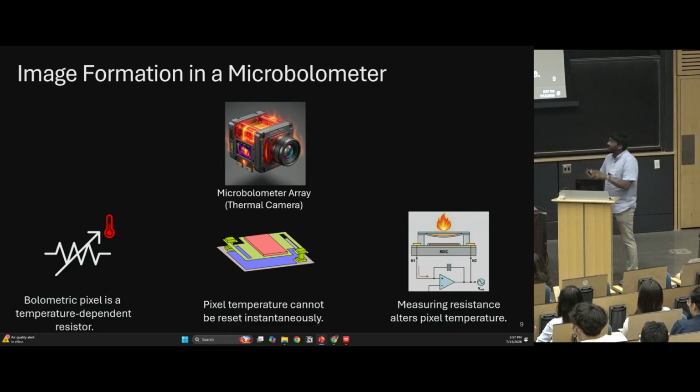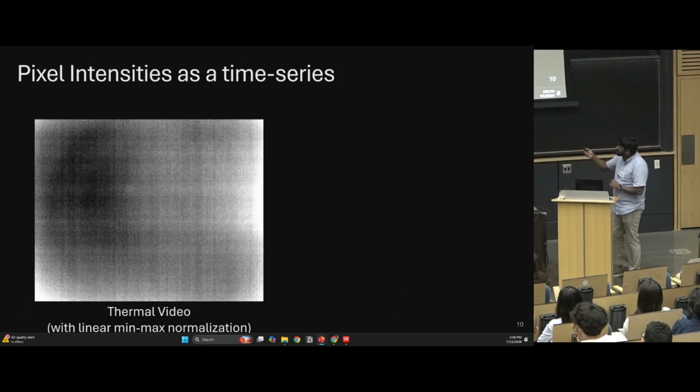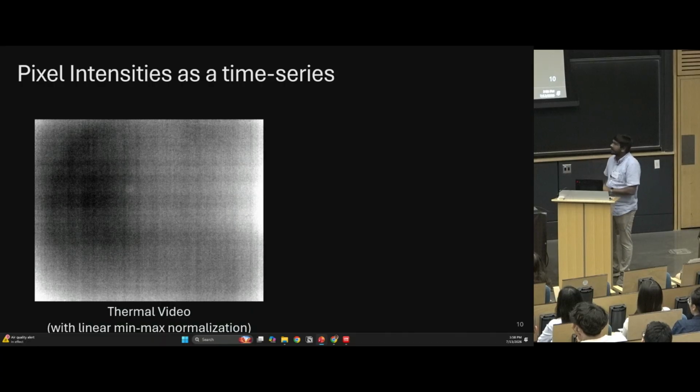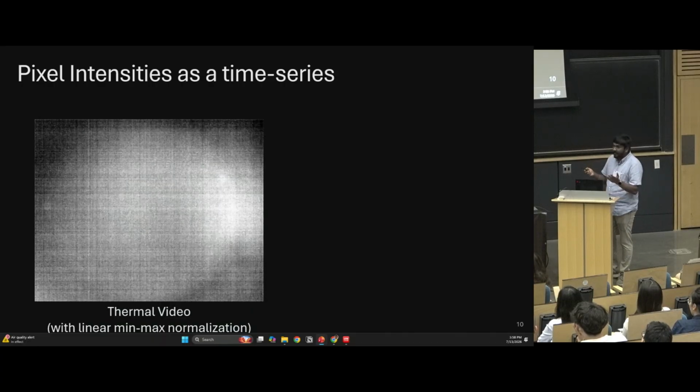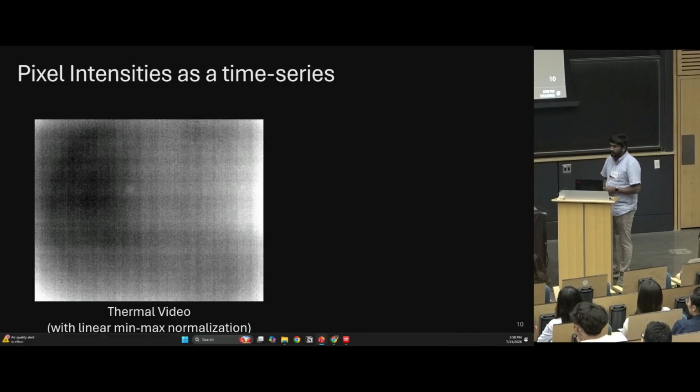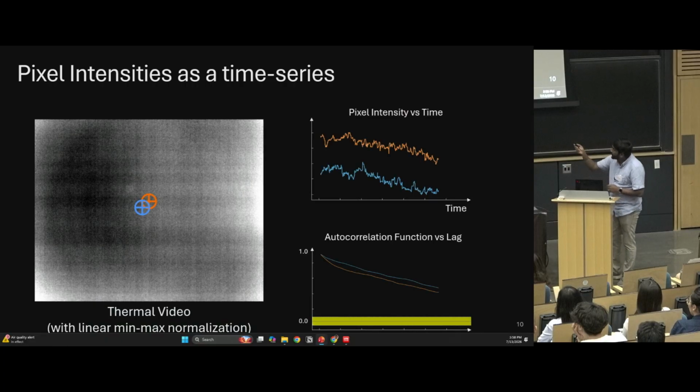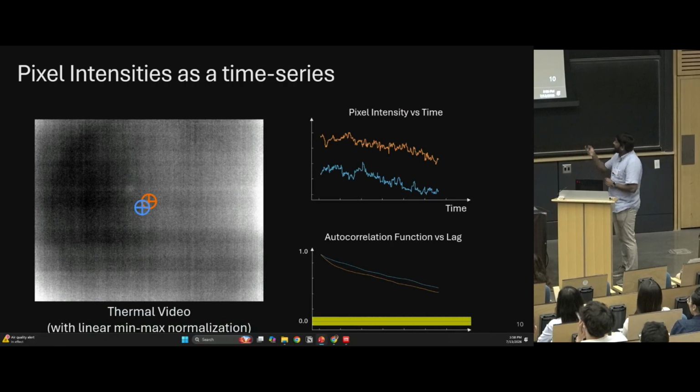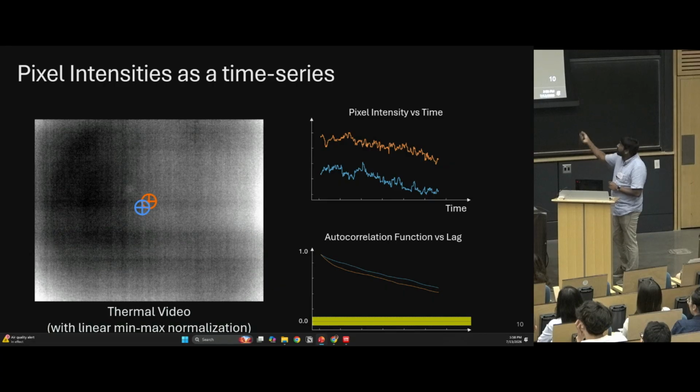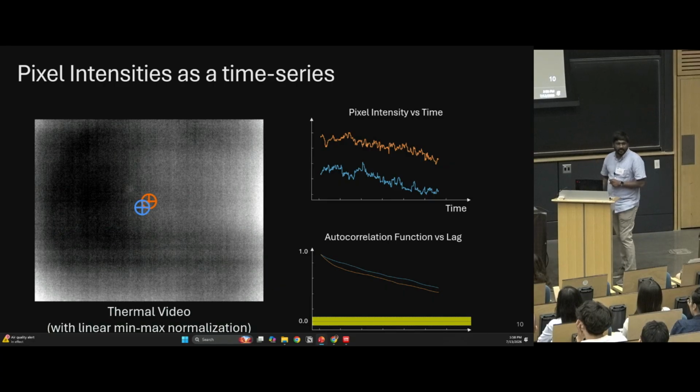To further add to this, the components of the camera are themselves at room temperature, and they're themselves emitting radiation. The manufacturers have a suite of signal processing algorithms baked into these cameras. This is the video after the internal filters are on. It looks significantly more stable compared to the raw video. There's less stripe noise. You don't see the striping as much. But if you inspect the pixel plots, the Gaussian noise has been removed, but the neighboring pixels are still not on top of each other.